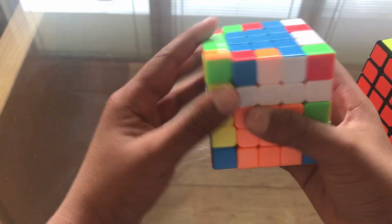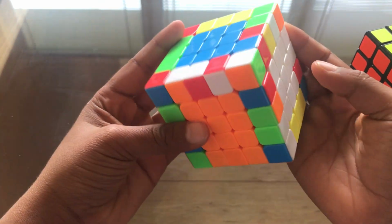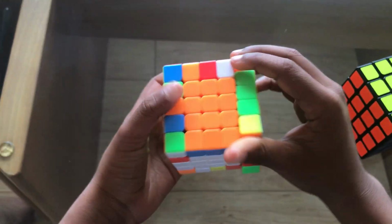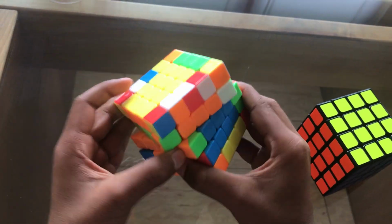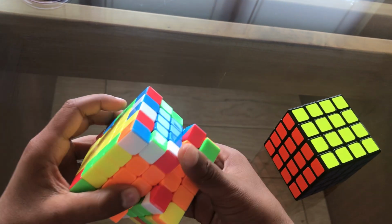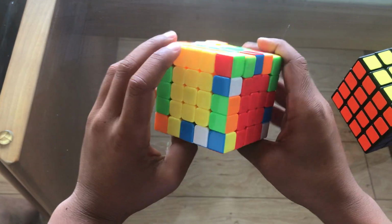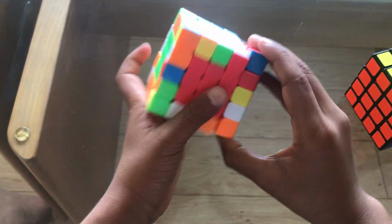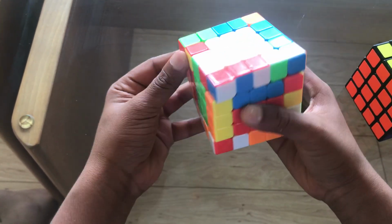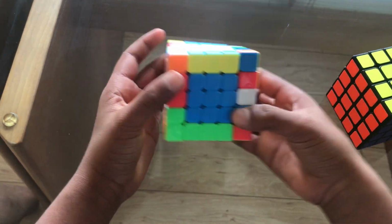So now just bring this down, and if there's something, do it with all the edges, so then you're gonna be closer to being done. So like this. And the edges are like the limit that tries to stop you, but once you get past the edges, you're like, yes, because finally you get to go all the way to solving it like a 3x3, like the 4x4. So yellow and red, here it is,